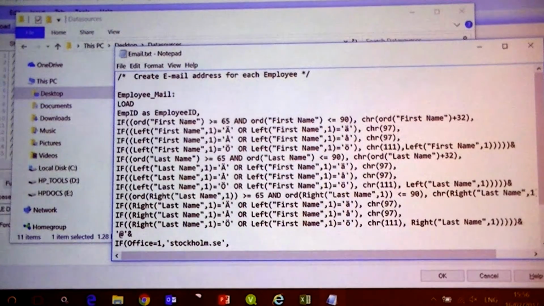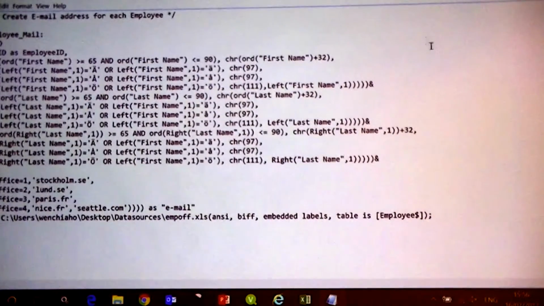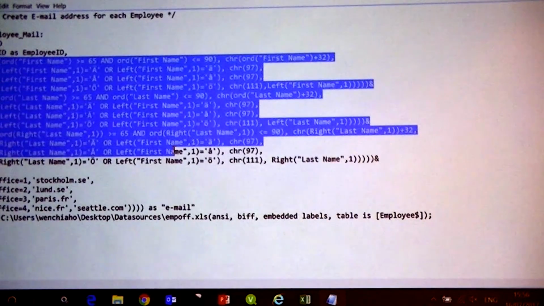Don't worry about the syntax, the script. This script is actually loading something. We are loading a field MID as employee ID, and then it's going to do if this then that. This table is going to build an email account for all the employees. ทุกคนนะคะทุกพนักงานนะคะจะได้อีเมลจากเทเบิลนี้ค่ะ